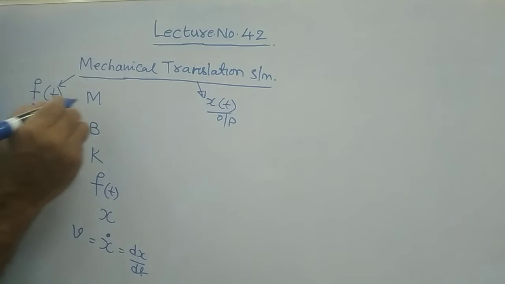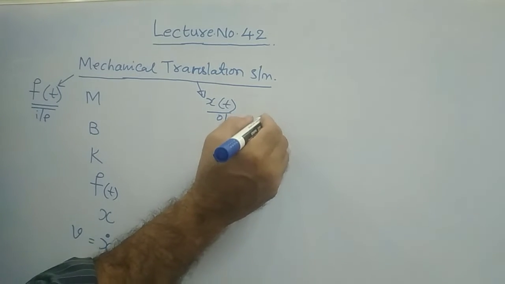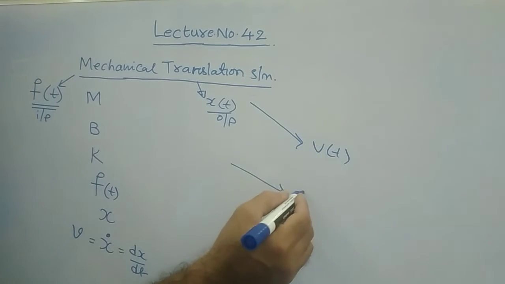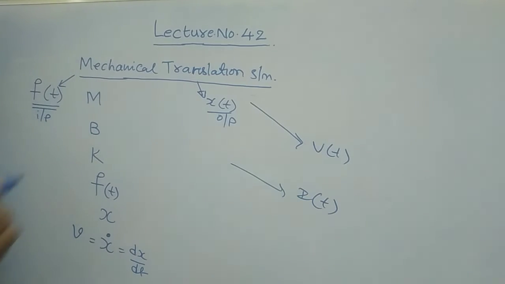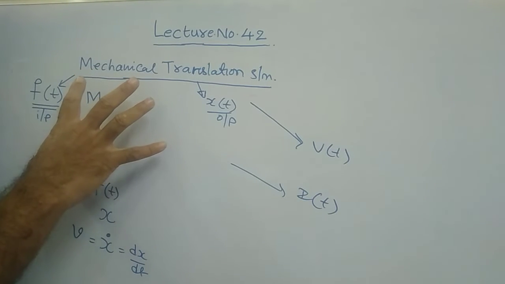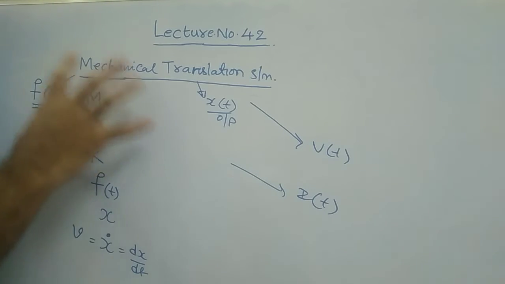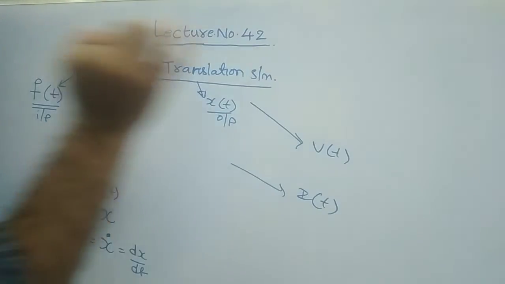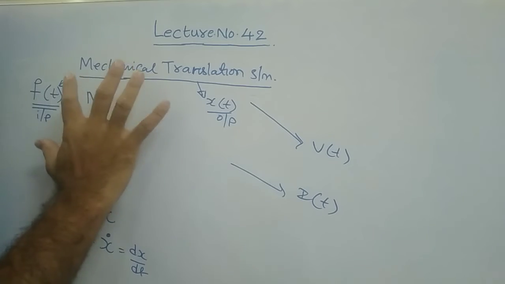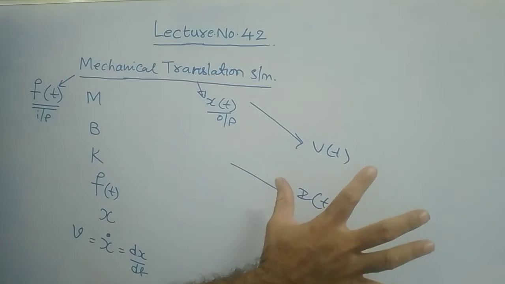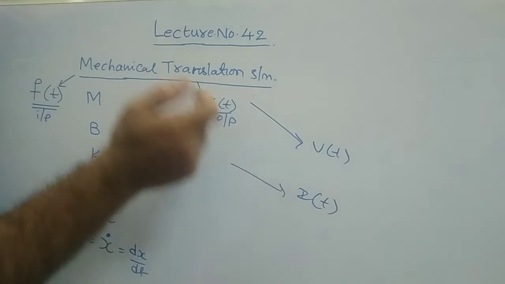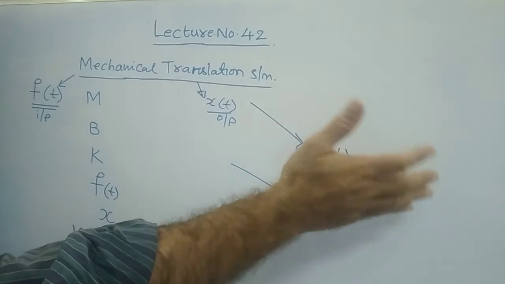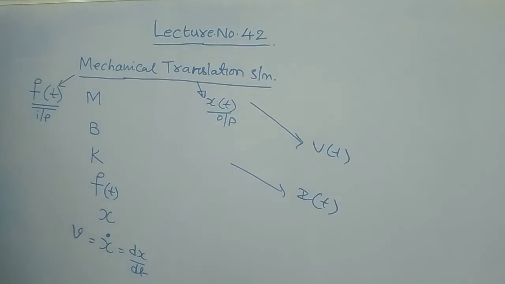This means that this particular system can be converted in two ways, either with a voltage source or with a current source, either V of t or I of t. You can convert the mechanical system into an equivalent electrical circuit with an input voltage source. Similarly, the same mechanical system can be converted into an equivalent electrical circuit with the input of I of t. For this, if we want the electrical circuit with input voltage source as voltage, then that